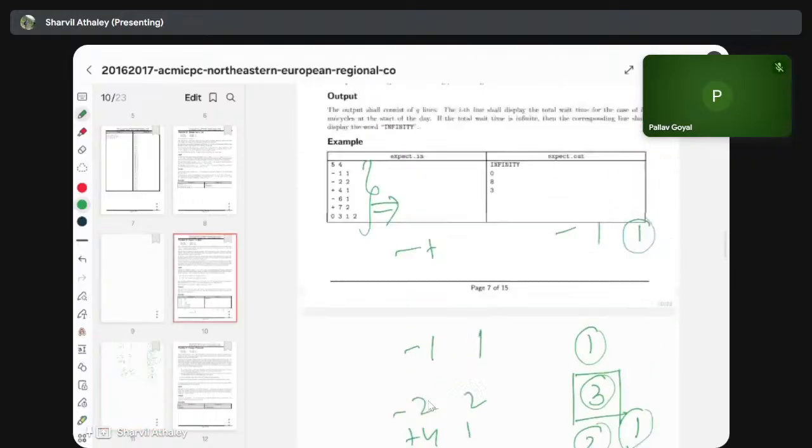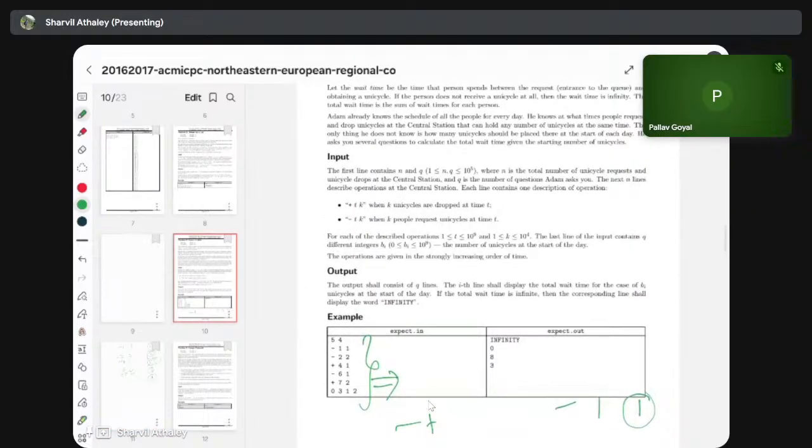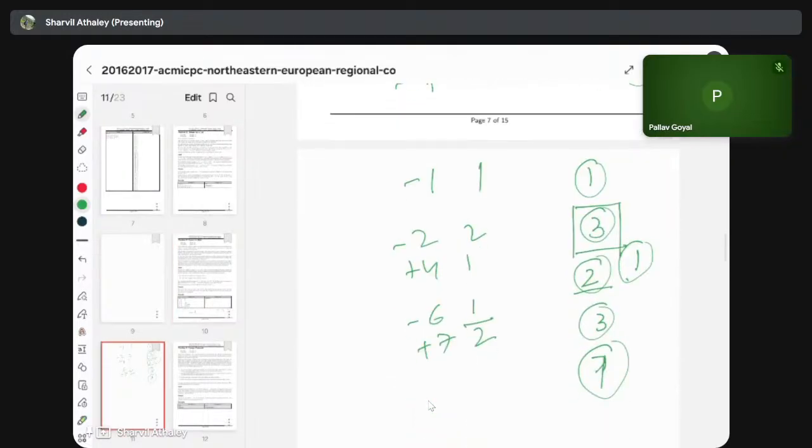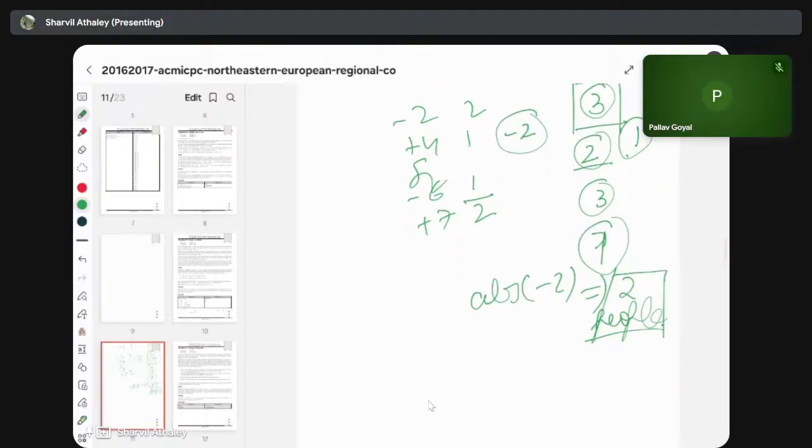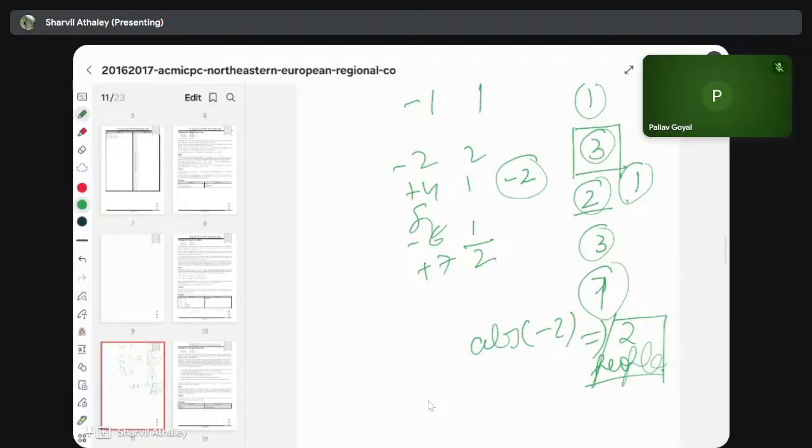So we print infinity. Now in this, we can see that in between two consecutive timestamps, if the prefix sum is negative, that means the absolute of that number is the count of people who have not been satisfied, because the prefix sum tells that minus 1, minus 2, plus 4 means minus 1. So one person has not been satisfied. Similarly, we can do it for minus 2. So now what we have to do, like